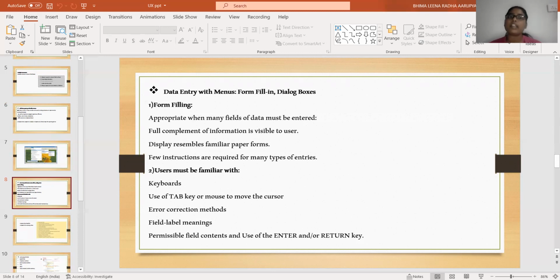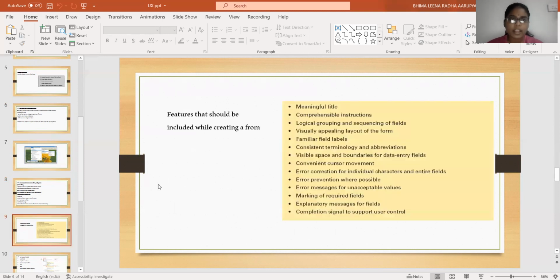Whatever data we fill in the form, the users are able to see it, right? The users can visualize the data we are filling.